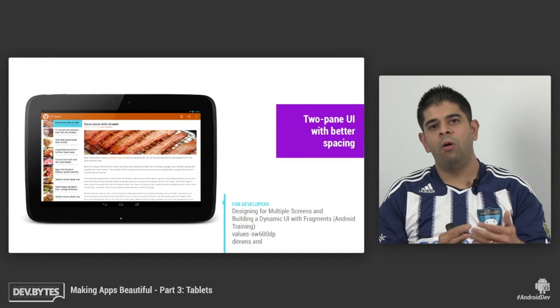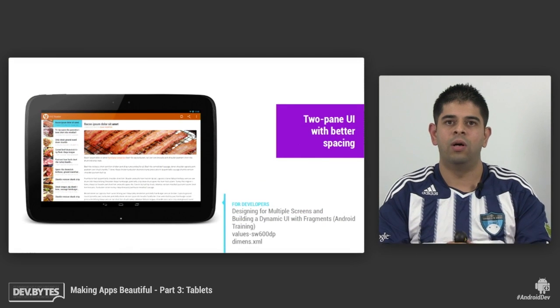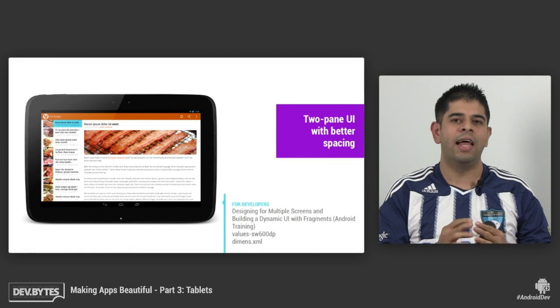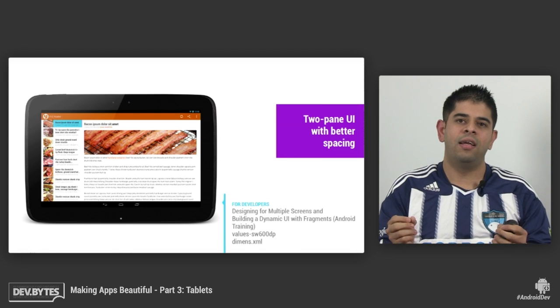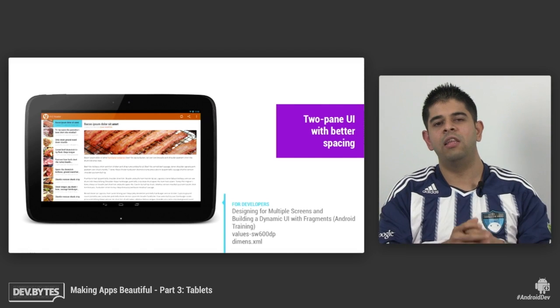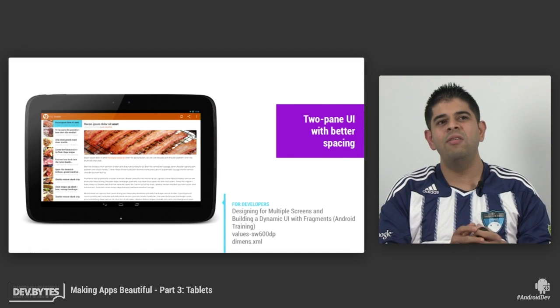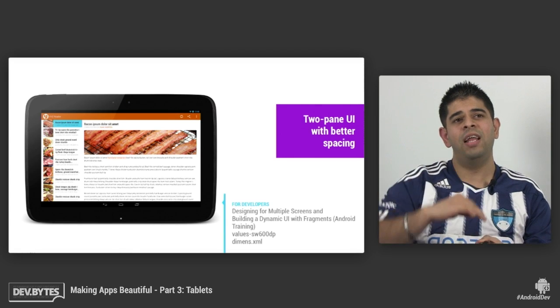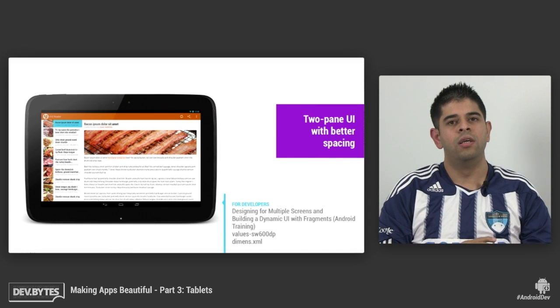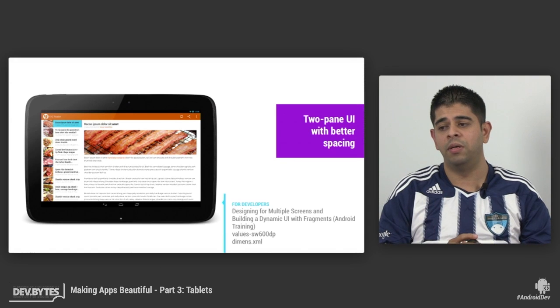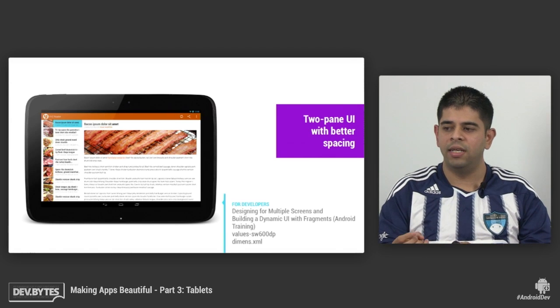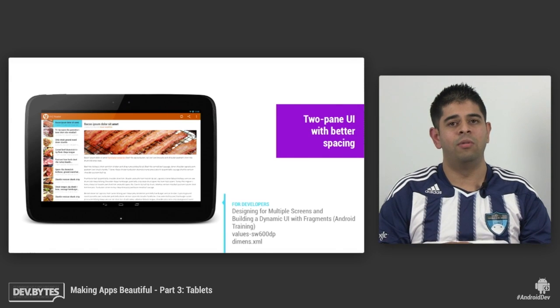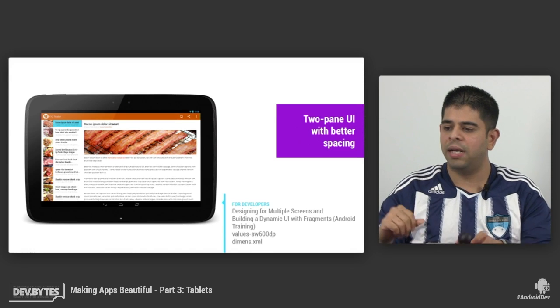And what we'll see now, we've got our nice two-pane UI, great. But one thing that's still lacking here is spacing. Those margins that we specified on either side for the detail view, they don't seem as applicable for a tablet. And in fact, even our list view seems a little bit squashed, or more so than it should be. So what we're going to do is go and override some of those values for tablets. So switching back to the code,